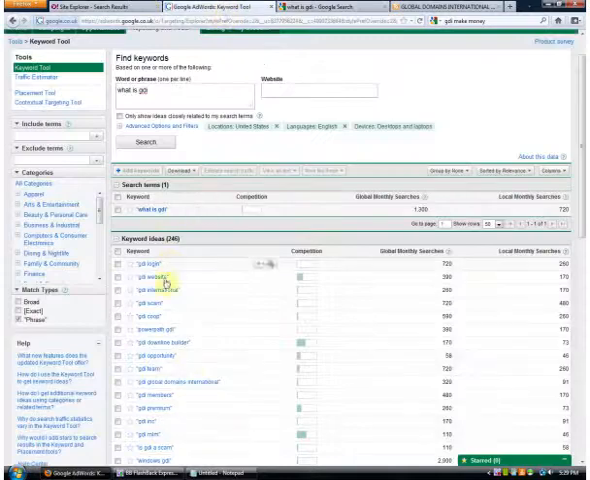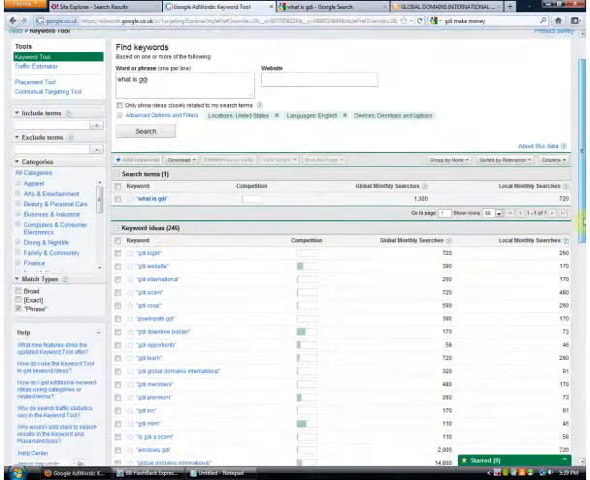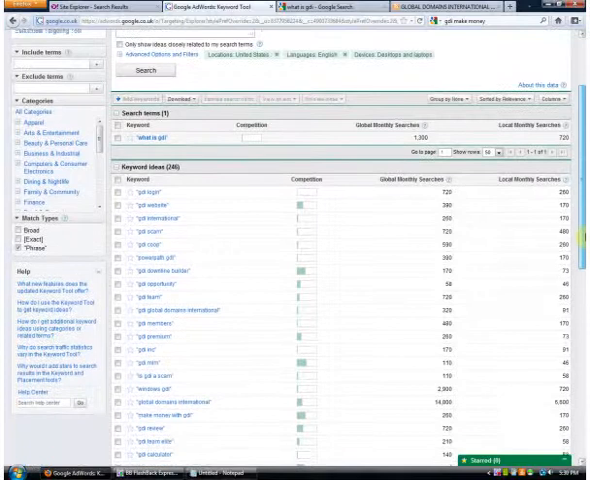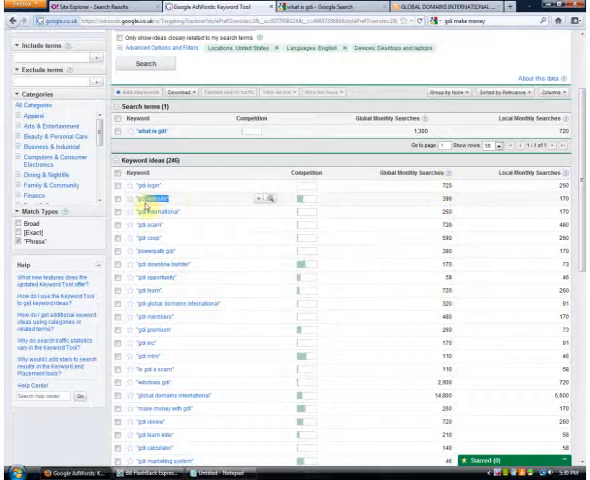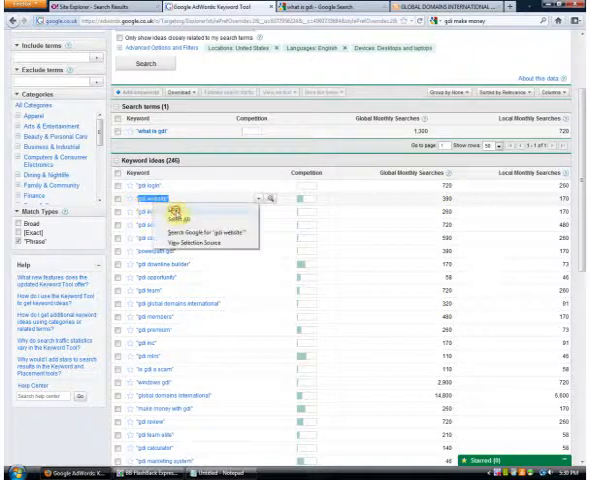So at that point, we now know that we can build a page off "what is GDI," and we can use some of these LSI keywords. So basically, in a nutshell, you want to go ahead and look for some training that I have